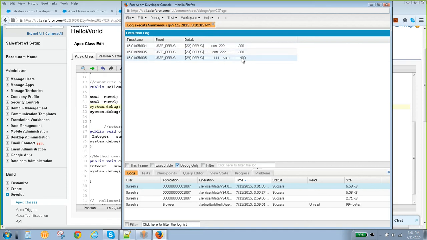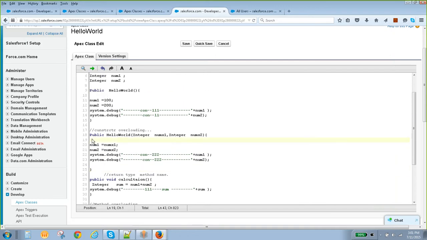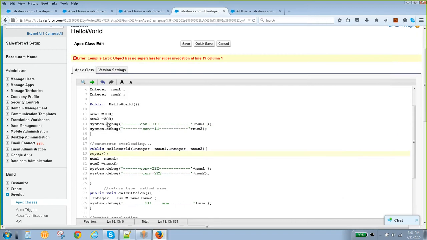So let me do one small magic. Clear, right?